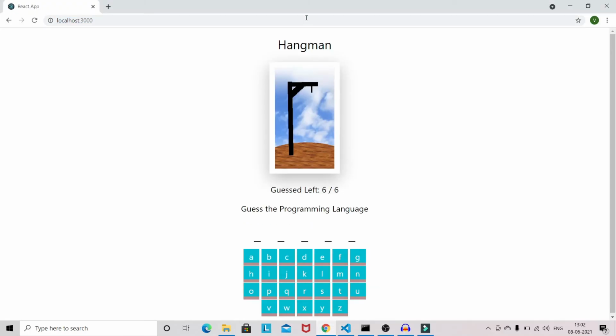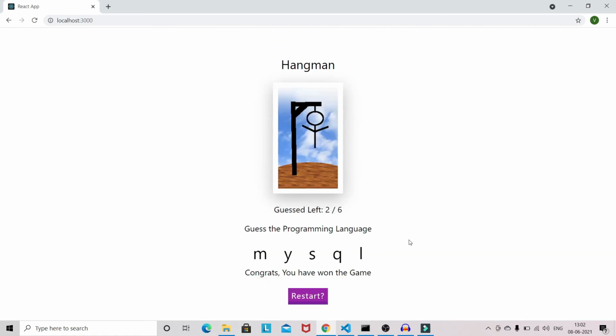Okay, let's get the word. So I'm guessing Python. No. What could it be? MATLAB? No, MATLAB is not. So what could be MySQL? I guess MySQL. Yep, now we got the message: congrats, we have won the game.